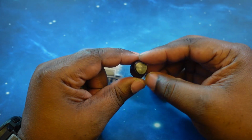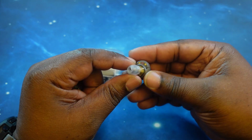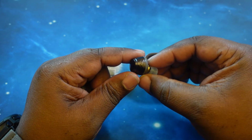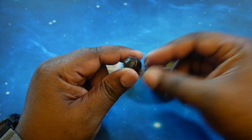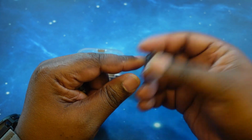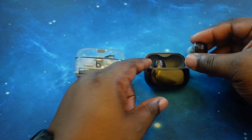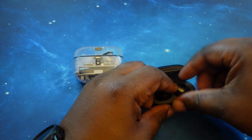The only thing I wish these guys had was the in-ear sensor. The only thing missing, I think. Very comfortable in the ear, very lightweight. They will protrude out just a little bit because of their style, but still not completely out of the ear, so they can be somewhat discreet looking. Again, both of these are very light in the ear. So what we're going to do now is get these guys back in,